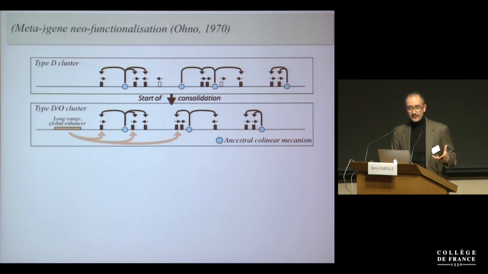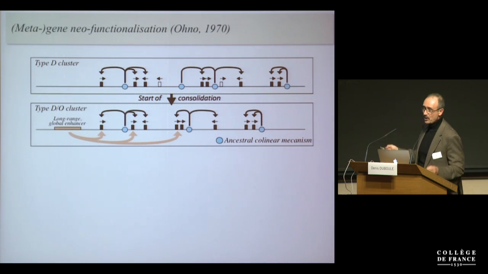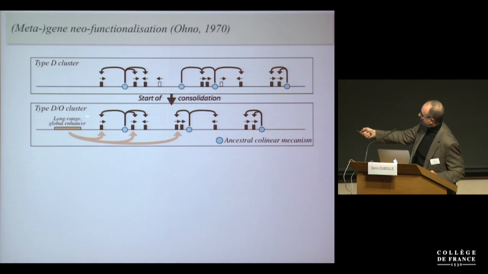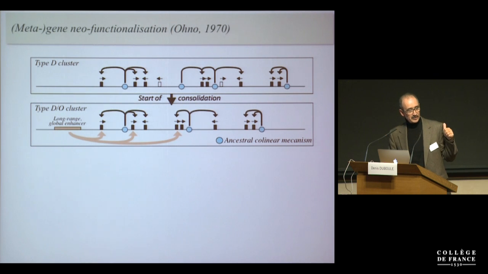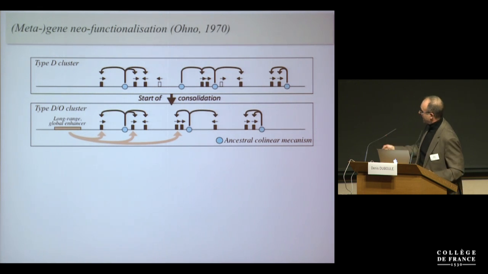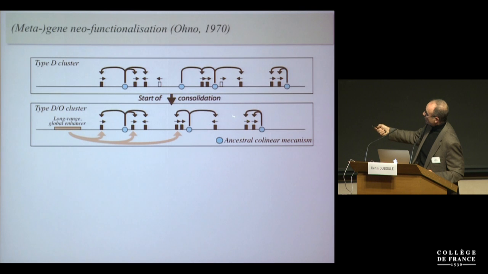Okay. Now, why evolve this? Well, because that has a lot of adaptive value. You have to realize that all these proteins have close to the same binding affinities. So by bringing them under the control of global enhancers, you can start evolving dosage effects, you can start evolving compensatory mechanisms, redundancy, all these things. It has a lot of adaptive value. Now, at some point, the system is blocked because you cannot play around with these